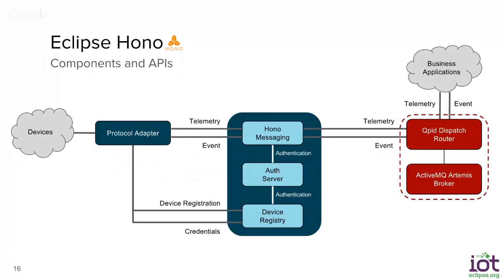We will go to the APIs later after the demo in some more depth so that I can explain to you what the purpose of them is. So far, it is most important that you understand that telemetry and event are the important APIs for getting the data from the devices to the backend. And this is also the setup that we have for the demo.